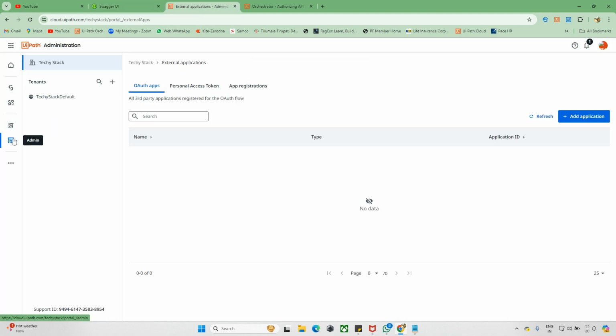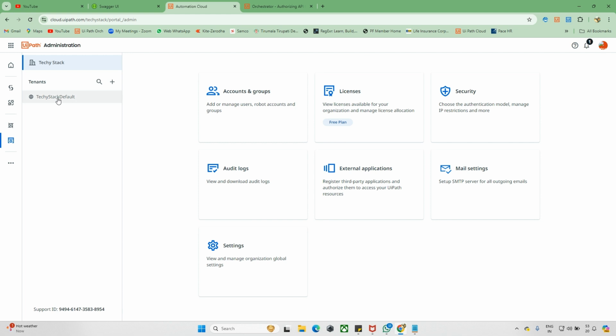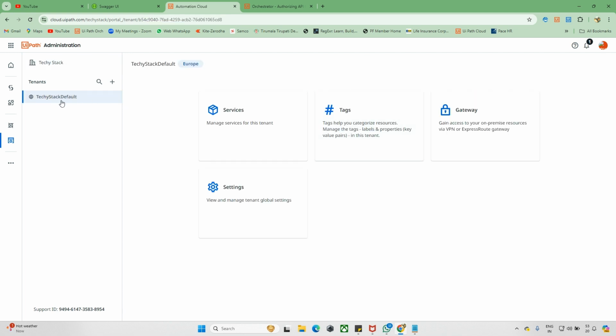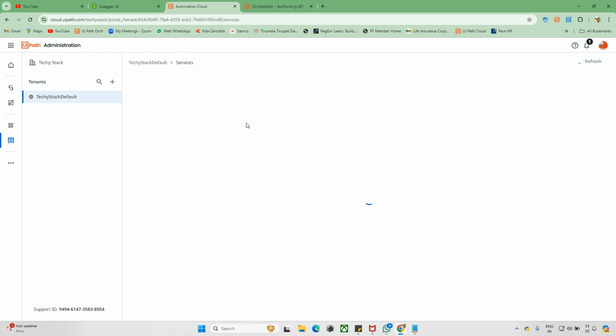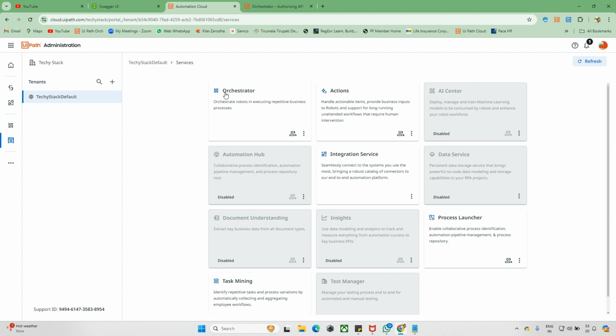Just click on Admin. Once you click on Admin, you can select which tenant. Right now we have multiple tenants. You can select a tenant, and once the tenant is selected, you can see these services. Just click on Services, and you can see Orchestrator. Under this Orchestrator, we can see